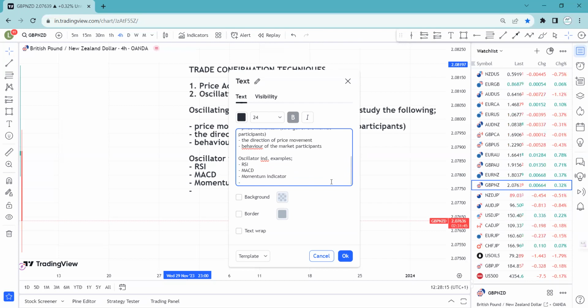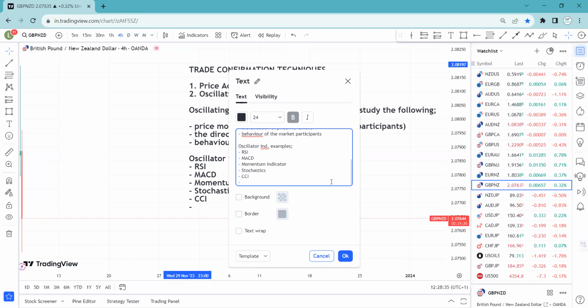And number four, we have the stochastics. And number five, we have the CCI, which is the commodity channel index. Number six,